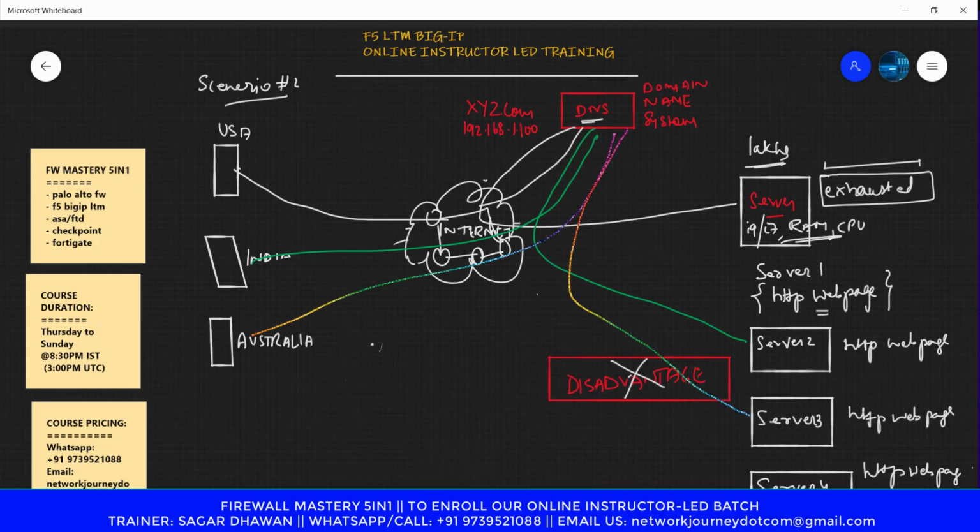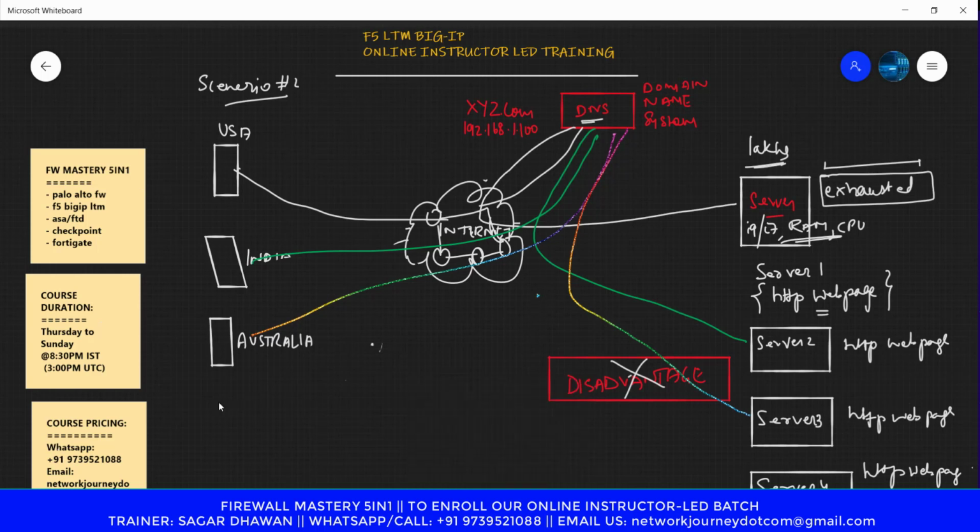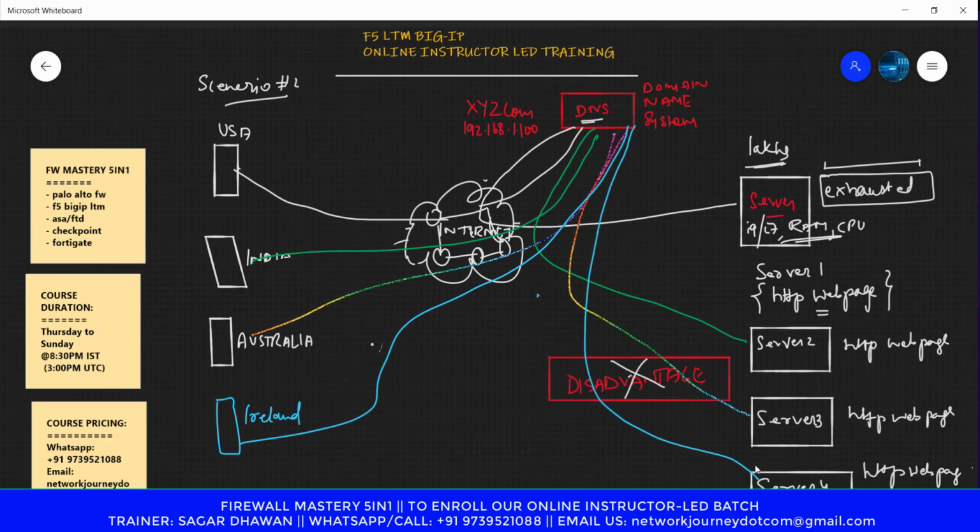So if you go with some other traffic, let's say you have a few more customers, let's say this is from Ireland. His traffic goes to DNS. DNS will take the responsibility to send it to server 4. Now this is all good. But again, there is a disadvantage in this model when you have a DNS with you.